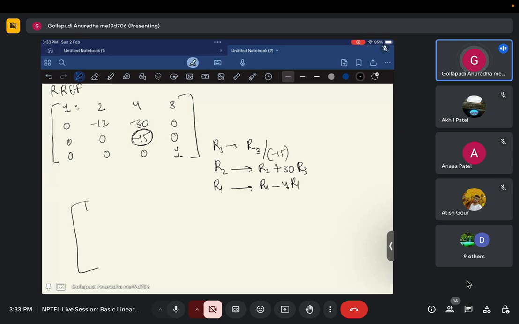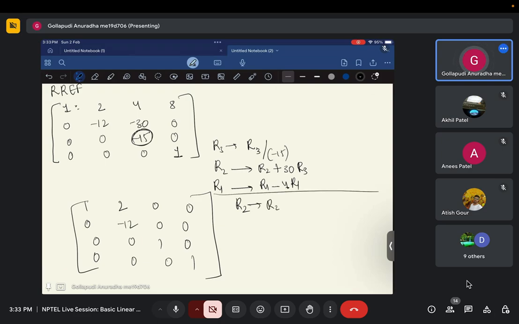So we'll be getting 1, 2, 0, 0, 0, minus 12, 0, 0, 0, 0, 1, 0, 0, 0, 0, 1. And finally R2 goes to R2 by minus 12, and R1 goes to R1 minus 2 into R2. Then we will be getting